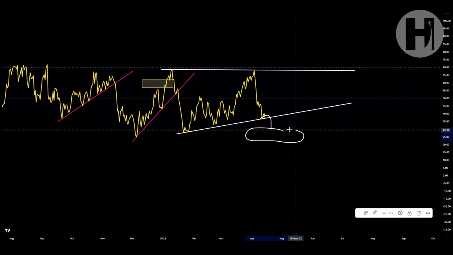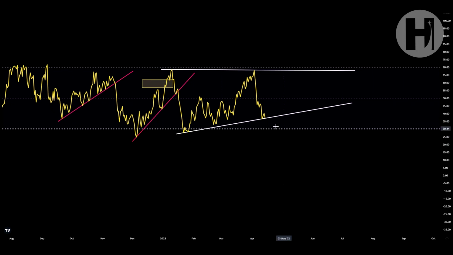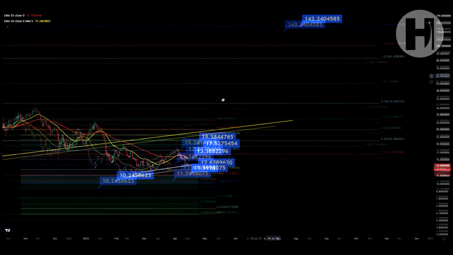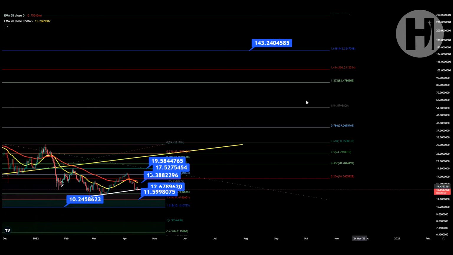So that is generally the best place to be buying all of your assets. Now, that is regarding the daily chart. You have your long-term targets. So I'm just going to give you a couple of targets over here. You have the 1.414 sitting at